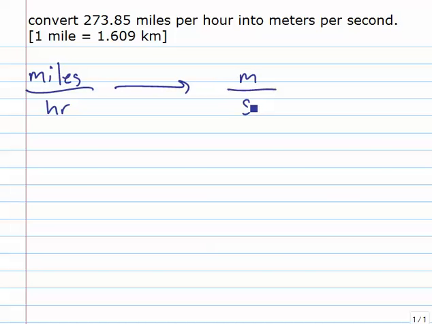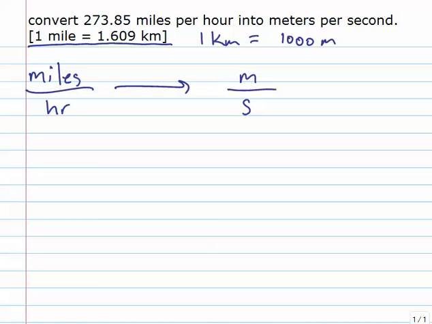Okay, and so we will be individually going from miles into meters, and so we will need a conversion factor for that, and we are given one here that 1 mile is equal to 1.609 kilometers. We know that 1 kilometer is equal to 1,000 meters. Okay, so we are going to go from miles to kilometers to meters in a stepwise fashion using these conversion